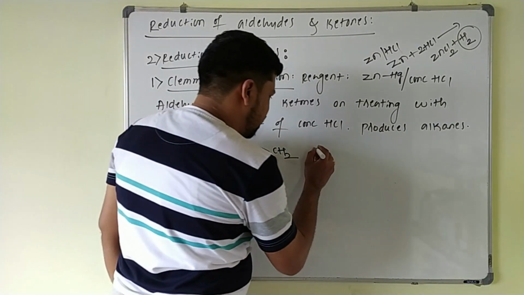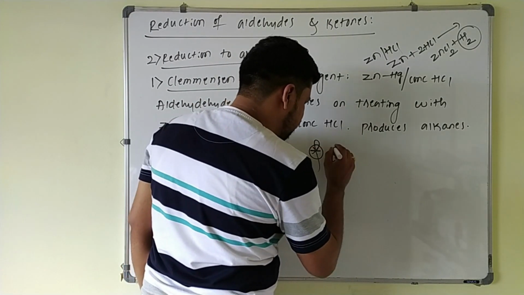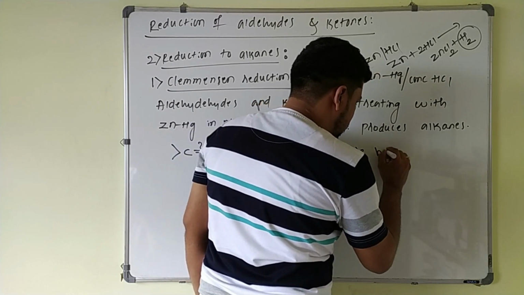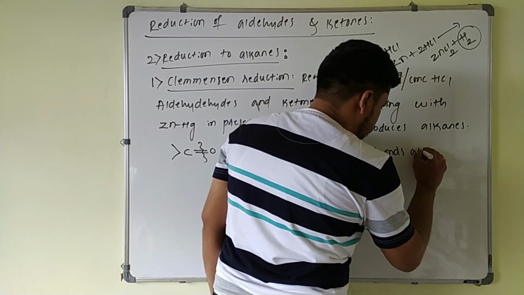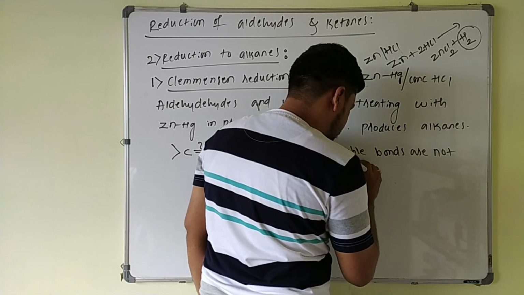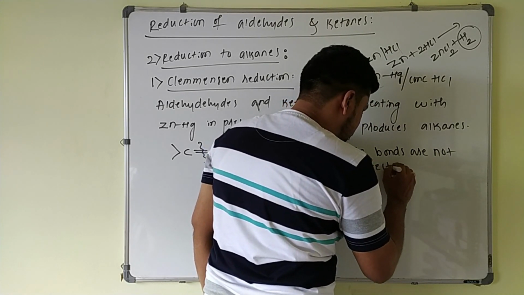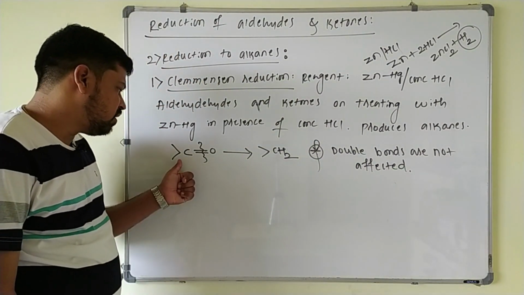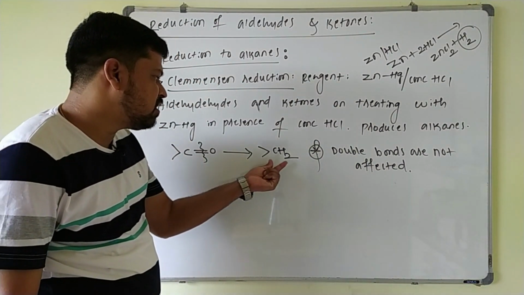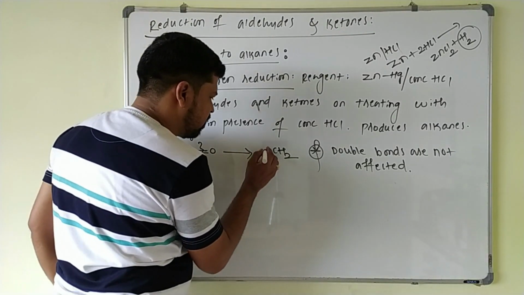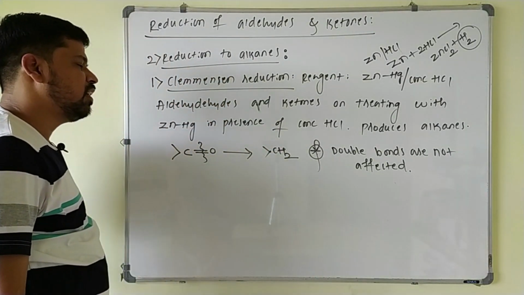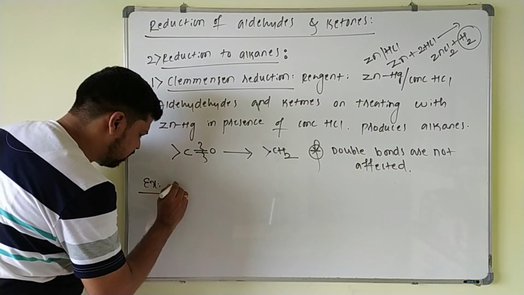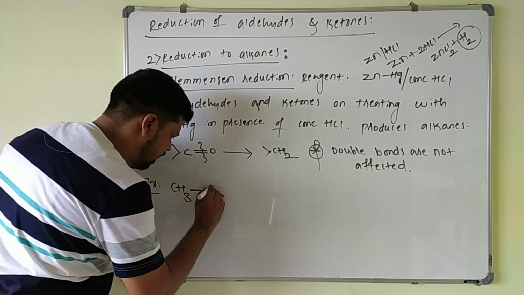Okay, the important point is here double bonds are not affected. If any double bonds are present, without affecting those double bonds, this carbonyl group is converted to what? A CH2 group here. So that this will be your CH2 group. Okay, example, if I take an aldehyde,